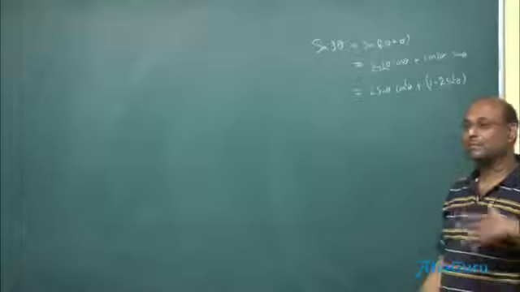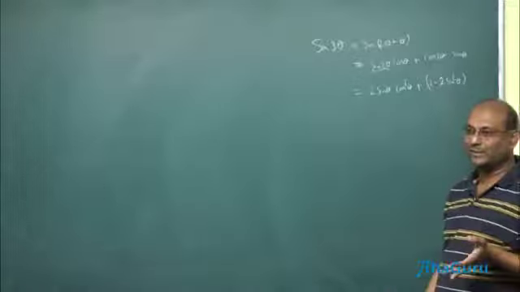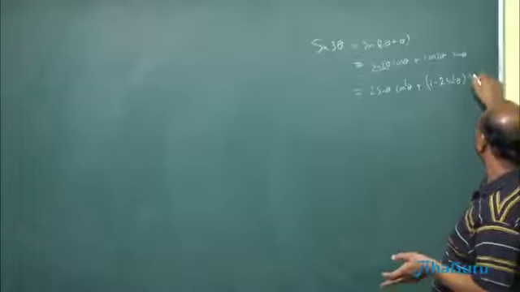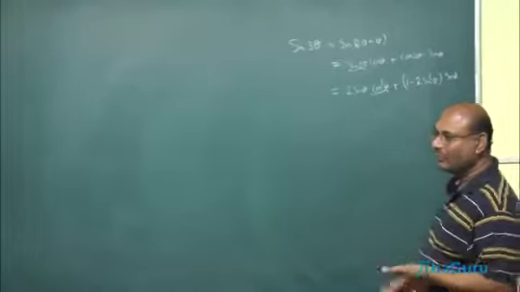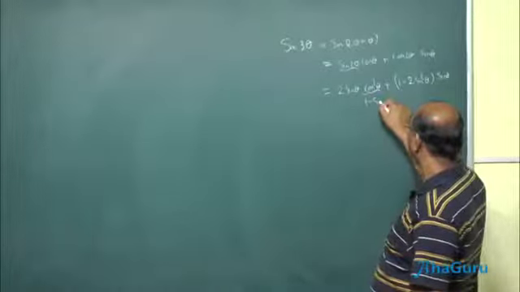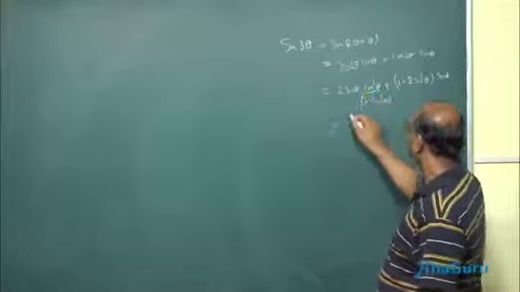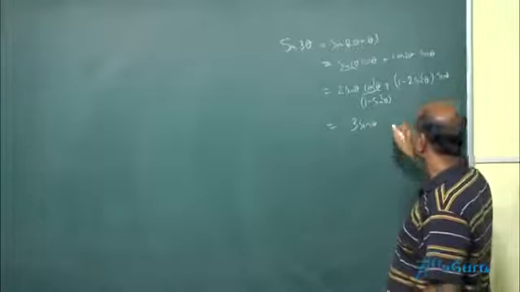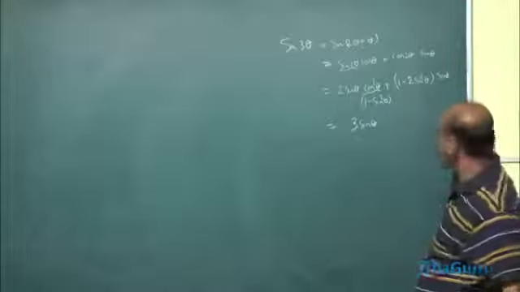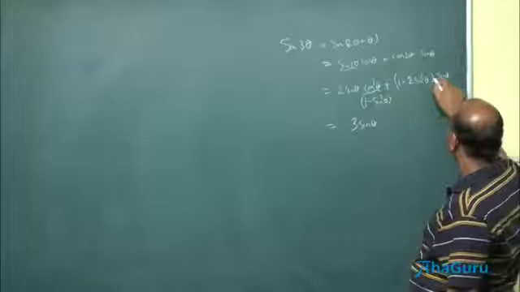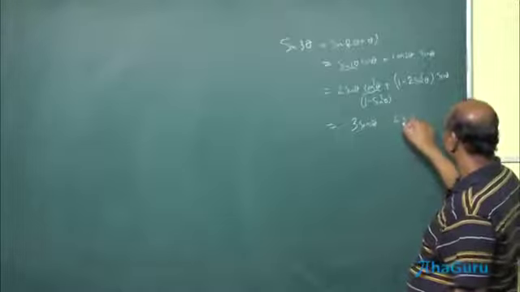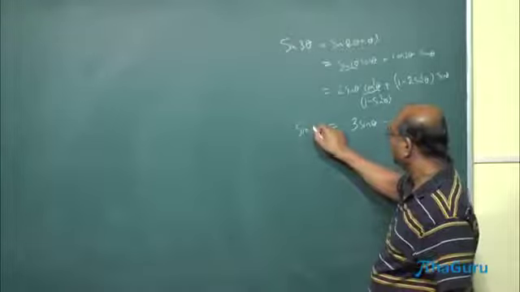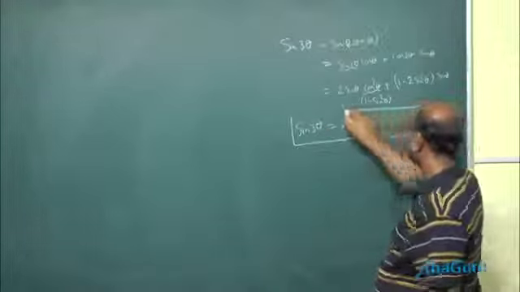Remember, with cos 2 theta there are multiple formulas, no? You can say cos square theta minus sine square theta, 2 cos square theta minus 1. But in this case what I really want is sine square. And what will I do with this fellow? 1 minus sine square. So this is 1 minus sine square into 2 sine theta. So this is going to give me 2 sine theta plus 1 more sine theta, 3 sine theta, and then you're going to get minus 2 sine cube, minus 2 sine cube, so minus 4 sine cube theta. So sine 3 theta is 3 sine theta minus 4 sine cube theta.